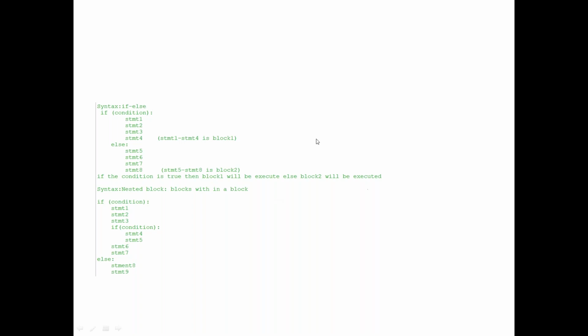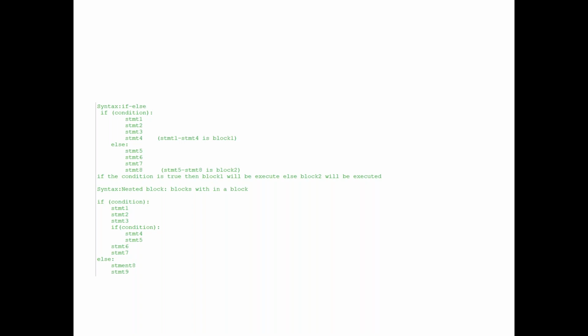For example, the scenario will be like this: if the condition is satisfied, perform statement 1, statement 2, statement 3. Statement 6 and statement 7 will be executed, but statements 4 and 5 are decided based on the second if condition. Else statement 8 or statement 9. Anyway, we are going to see a couple of examples just to make you understand the syntax.